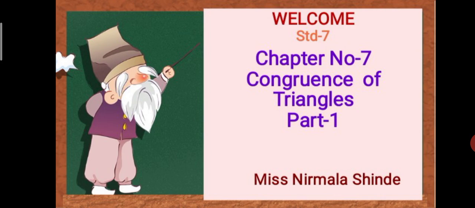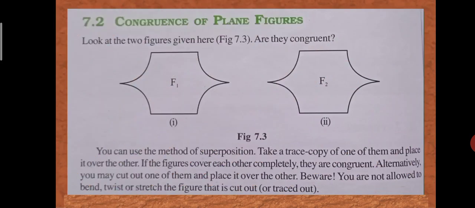Students, we will start a new topic today, that is congruence of triangles. So what is the meaning of congruence? Everyone knows that the relation of two objects being congruent is called congruence. Okay, it means they have the same shape and size in length. So today we will start a new chapter, that is congruence of triangles. So understand this congruence of triangles.